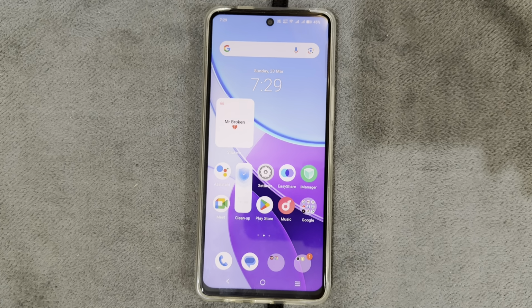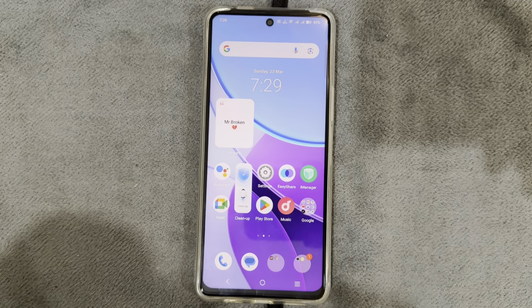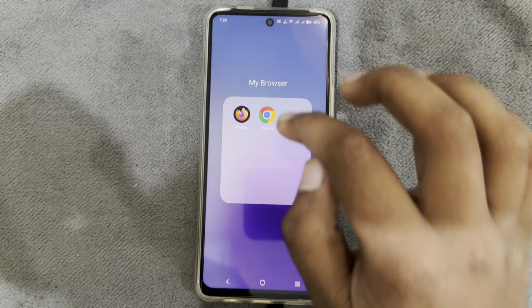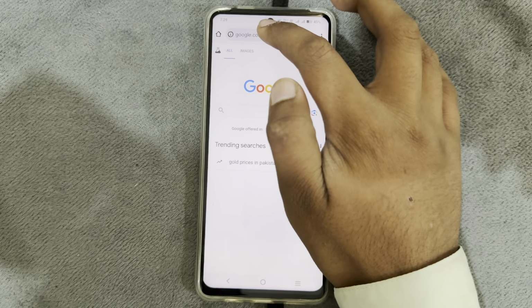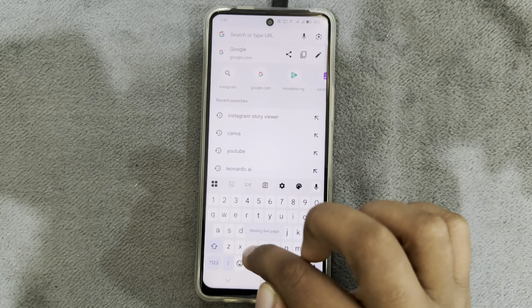So today I'm going to tell you how to enable dark mode on google.com. If you want to enable dark mode in Google for all websites, you just need to follow these steps. First, open your Google Chrome app, and here you just have to open the search bar and just enter